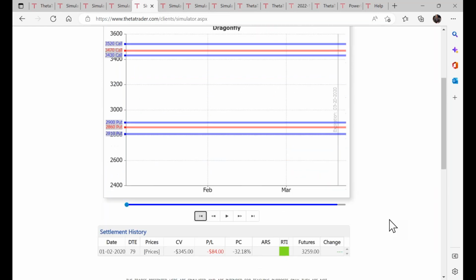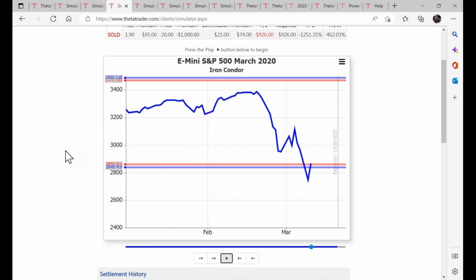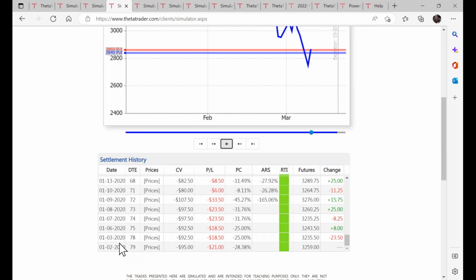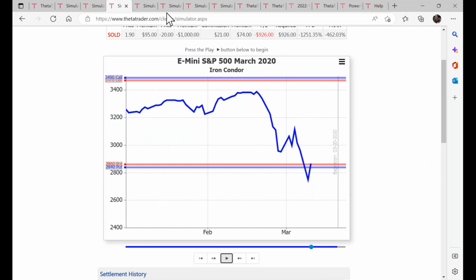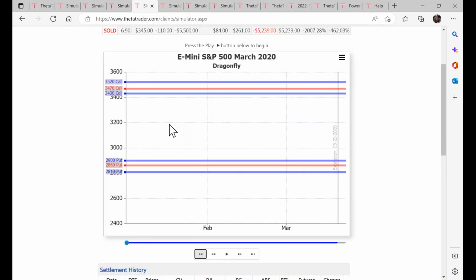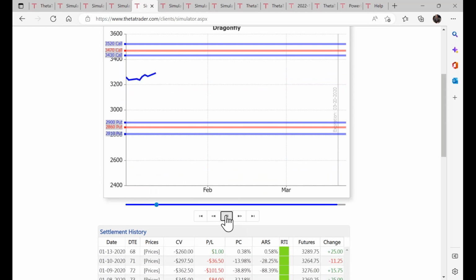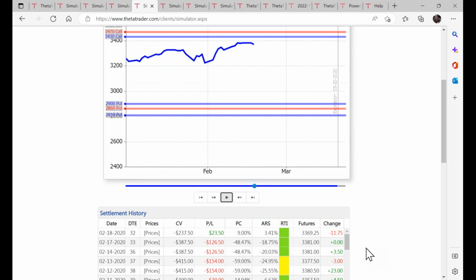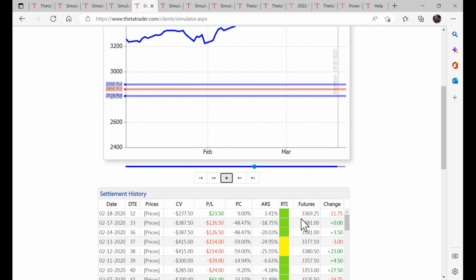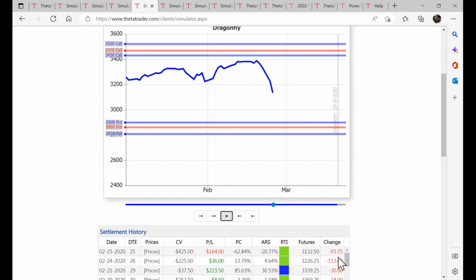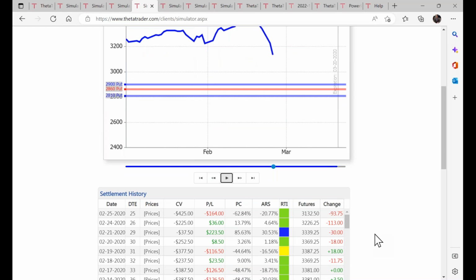Now let's look at this dragonfly. Here's the same expiration. This is on January 2. And I'll scroll down just so you can see here, January 2. And this is your March expiration. So here, your March expiration on January 2. Instead of a condor, you did a dragonfly. So you can see it turned yellow, elevated risk, but the trade's actually a little profitable here. And then it turns blue. It gives you a window of opportunity to take profits.